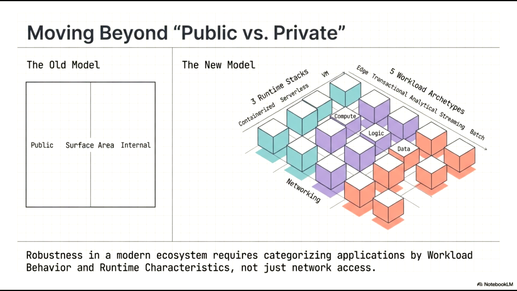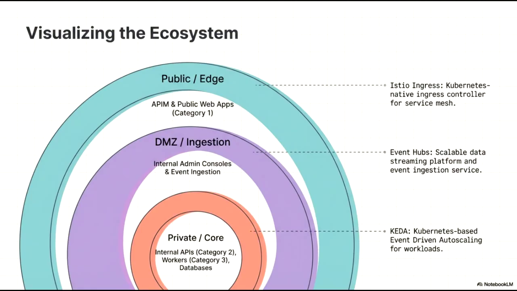By embracing this more granular categorization of workload behavior and runtime characteristics, we can build ecosystems that are far more resilient and better aligned with the complexities of modern cloud-native environments. To visualize our ecosystem, we utilize a tiered architecture represented by these concentric circles, moving from the external-facing edge to the secure internal core. The outermost layer is the public or edge zone, which serves as the primary entry point